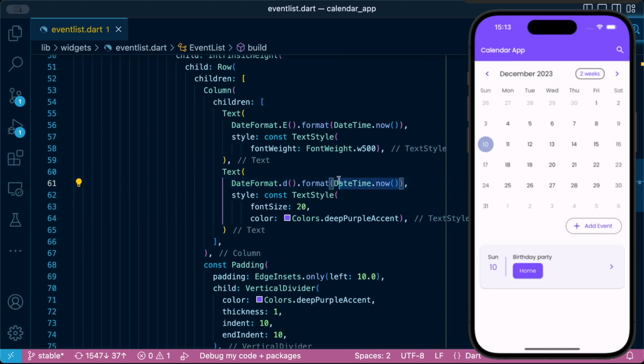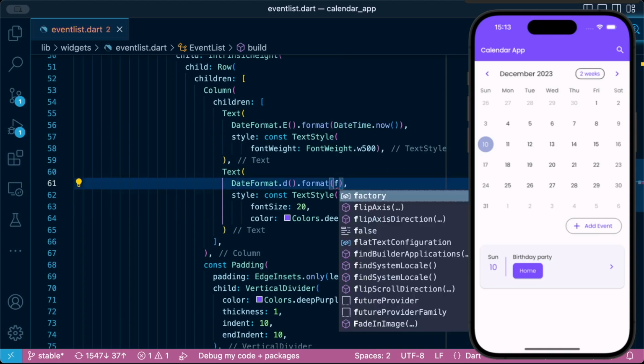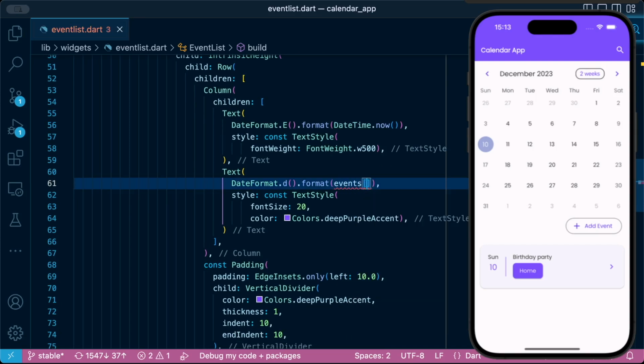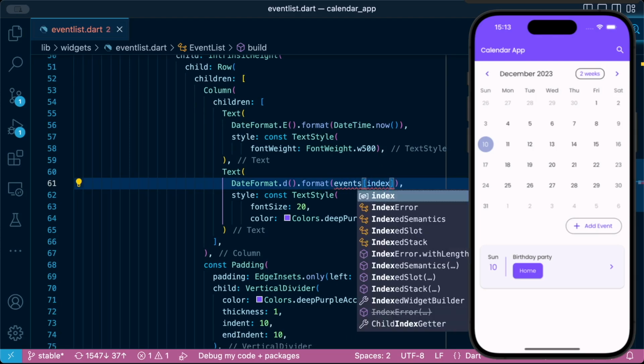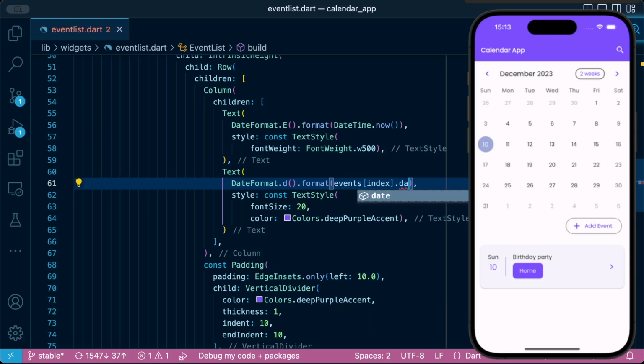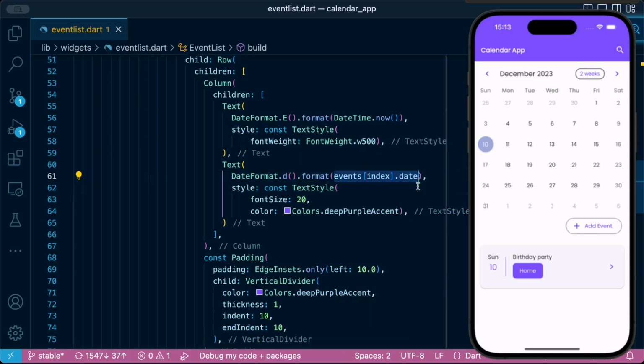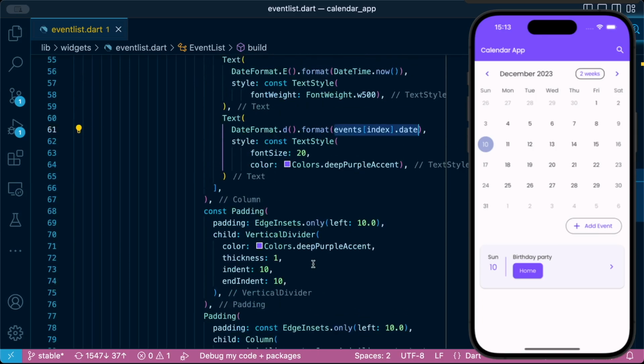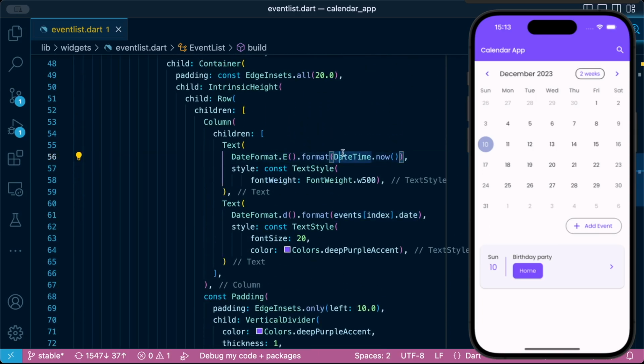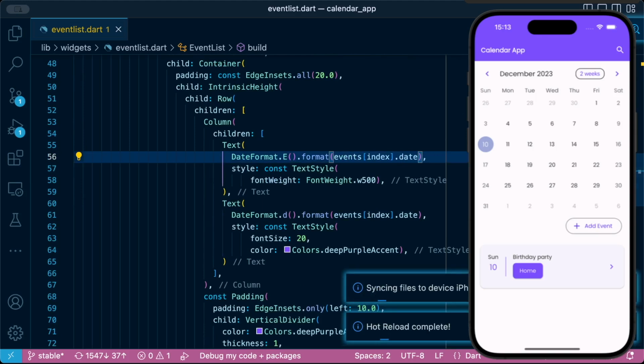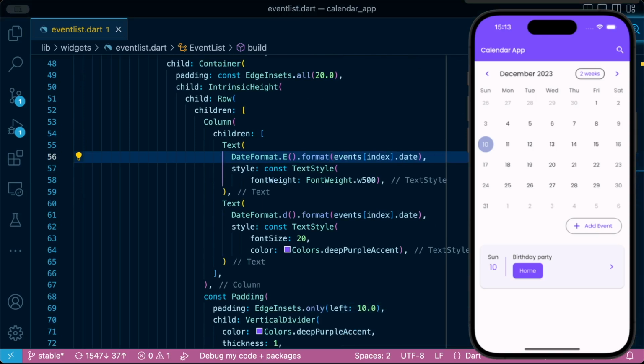So for the date time, we'll just pass in form events. We pick the index and we pick date. That's all we're doing. So let's copy this and do the same to that. So if you click on save, it's producing the right thing, which is Sunday 10th, as you can see from